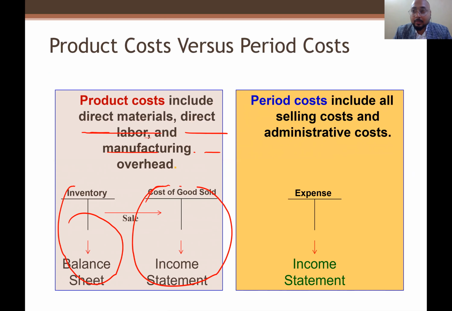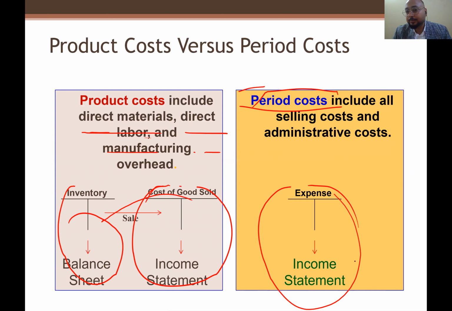I think the majority of the class already studied accounting, so you already know the concept of balance sheet and income statement. So product cost goes from balance sheet to income statement, while period cost directly goes to